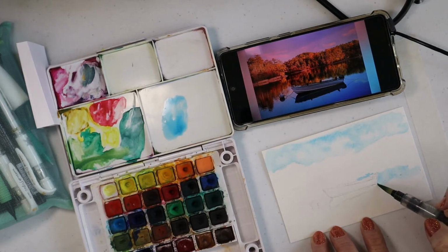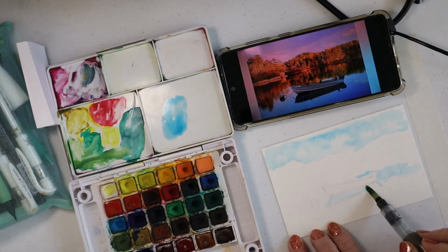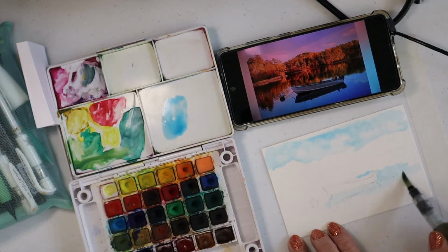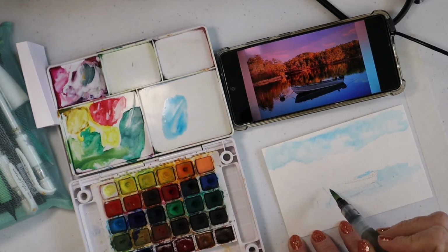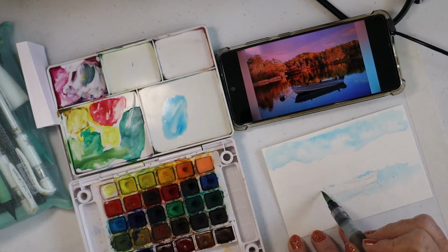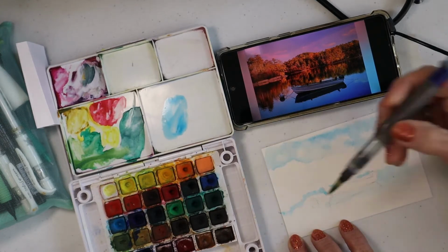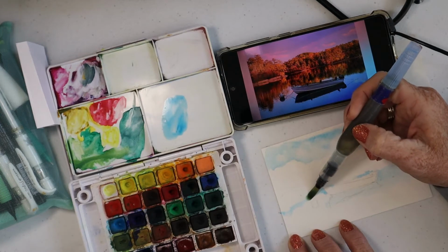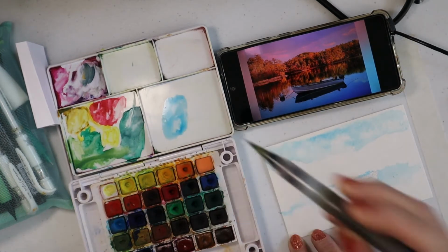So I'm cutting in where, now I'm going to go ahead and paint water across here because that's going to be a reflection, and reflections have in them the same color. Whoops, I went a little too high on that one, so I'm going to lift that off. The blue comes just right up to that